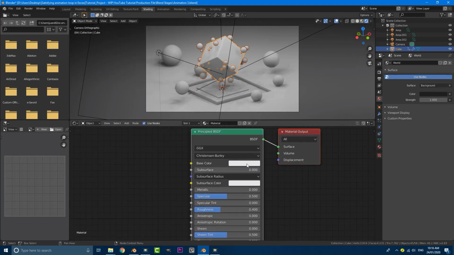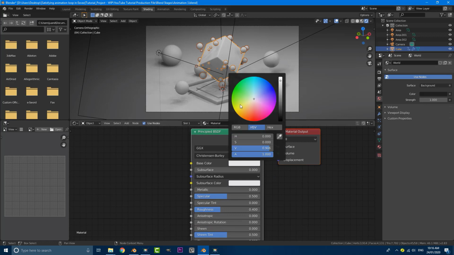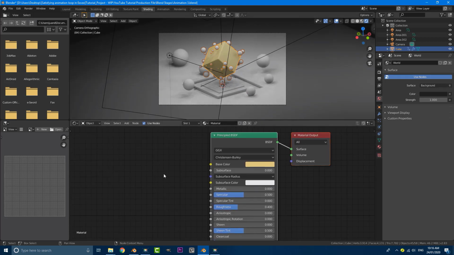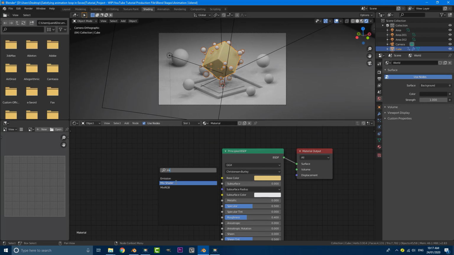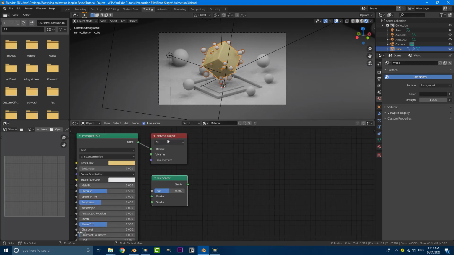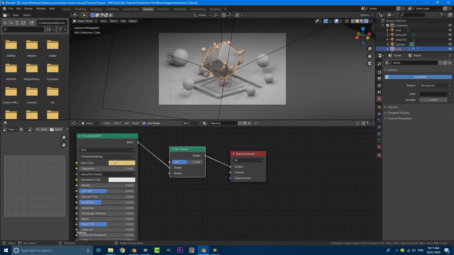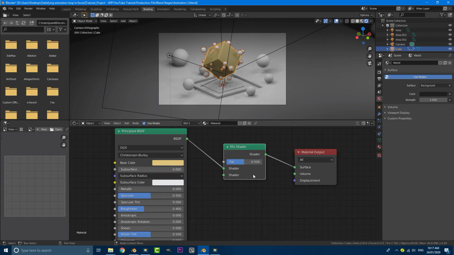So I'm going to make this a color for now. I'm going to go with something like a yellowish kind of color, just like that, kind of like a retro kind of yellow. And then what I'm going to do is go Shift A to get a mix shader. Then take the mix shader, grab this material output, put this guy in between the principled and the material output,